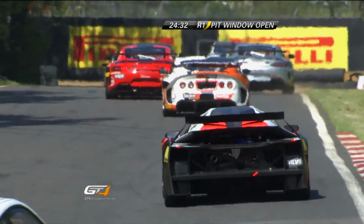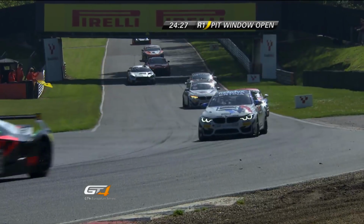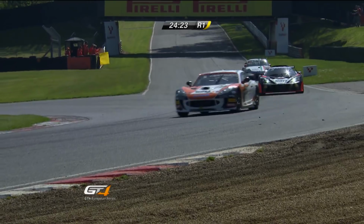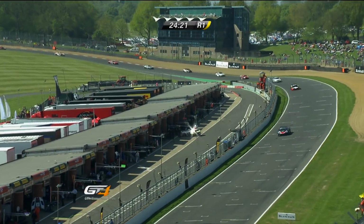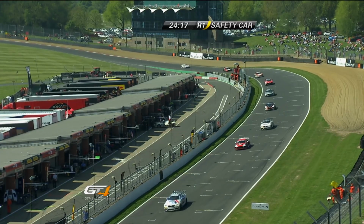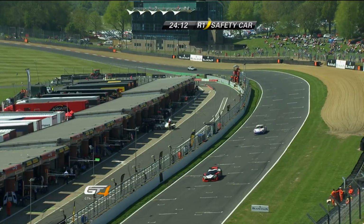Safety car is going to be deployed. Yes, the safety car yet again, and that no doubt is going to be investigated, that incident. So a third safety car period, and as the cars head over the line, the safety car will collect them on Cooper Straight. The flags are there, everybody slows right down, allowing for that, and that's a real shame, because